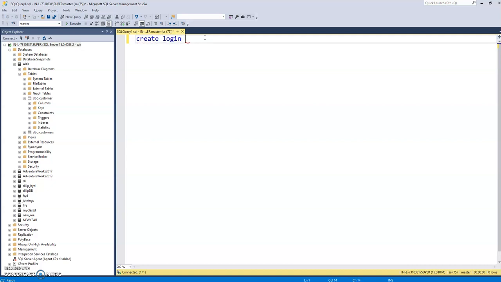Let's say new underscore Dilip is my login name, and I would like to enter it with a password. Here, with password is a keyword, and whatever password we are giving should be enclosed within single quotes. Now let's say ABC12345 is my password. Now when I execute this,